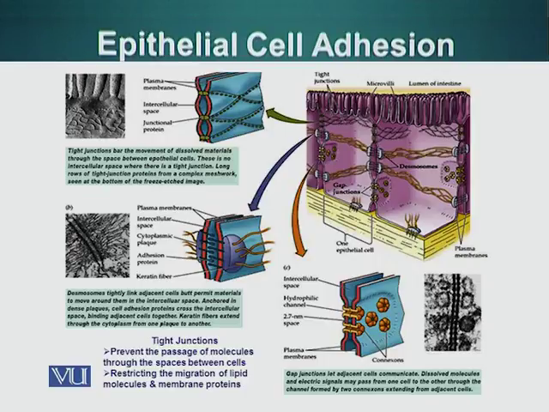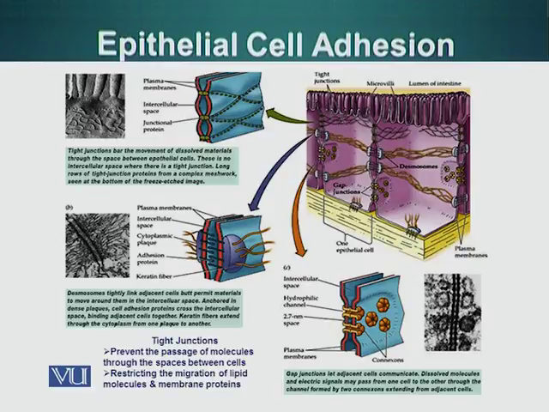Water molecules and small molecules can pass through these connexons, thereby linking these two cells in a way that they can communicate with each other. They can exchange small molecules and ions. They can be electrically coupled due to these connexons, which is an important thing for certain types of cells and